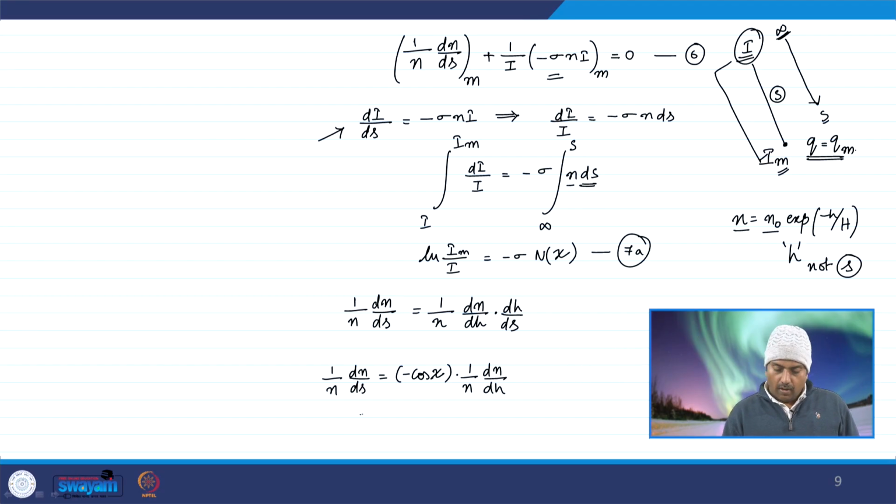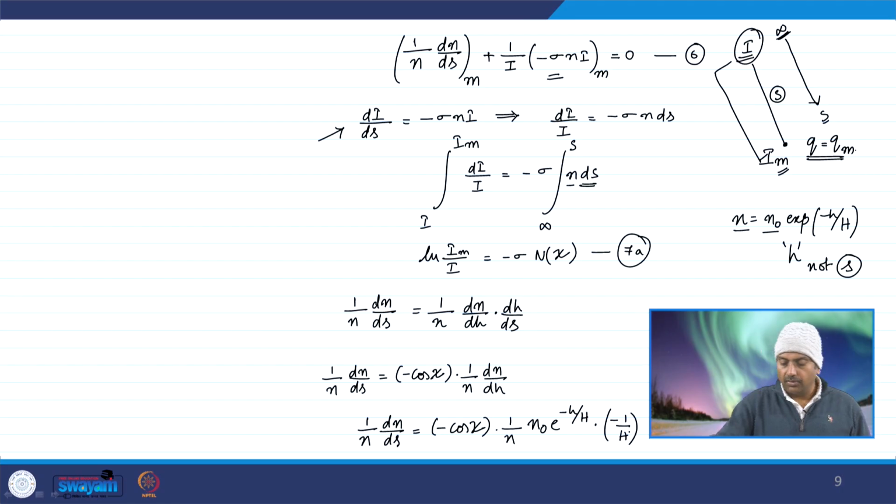Okay, so which is 1 by n dn by ds is equal to minus cos chi into 1 by n naught e to the power of minus h by capital H into minus 1 by capital H,